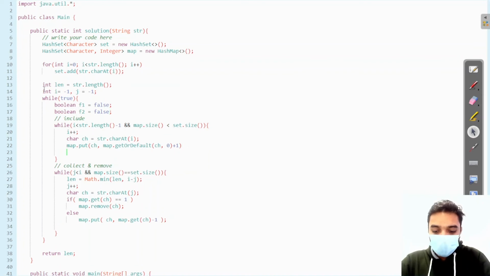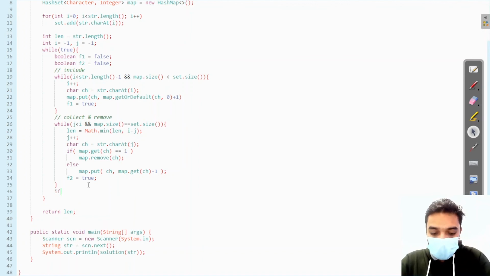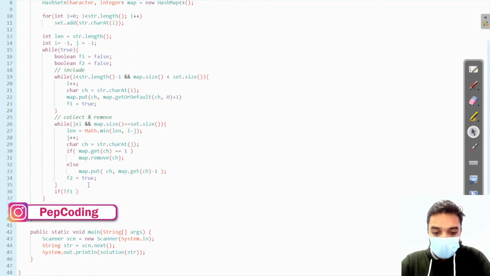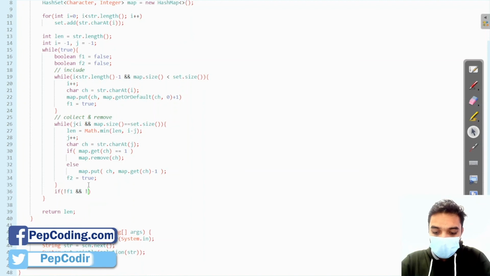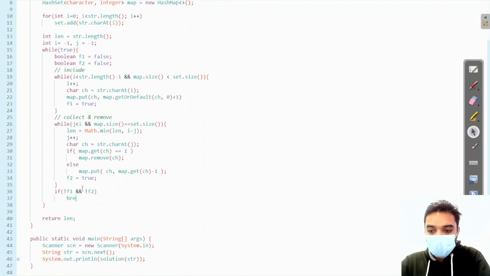If they are entering this while loop, that means they have some work inside, so I'm going to mark them as true here. When my f1 is false and my f2 is also false, I'm going to break this while loop.